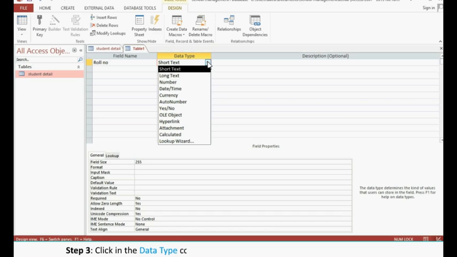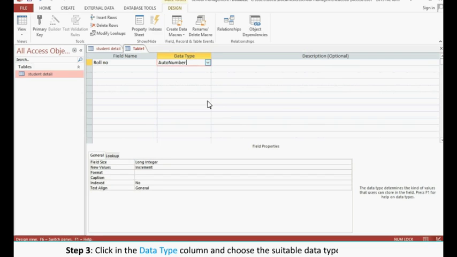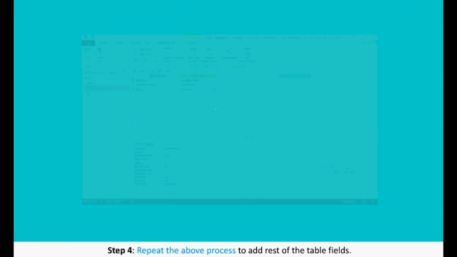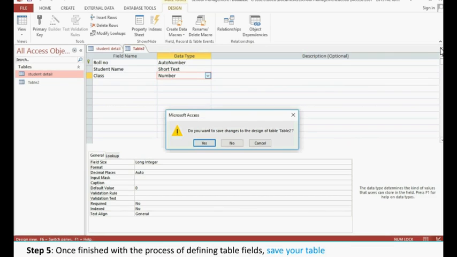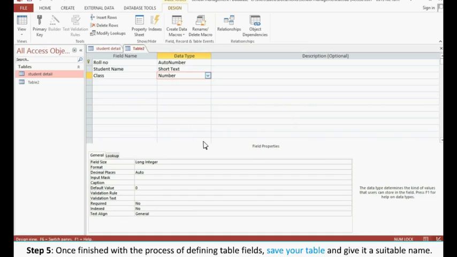Click in the Data Type column and choose the suitable data type for that field. Step 4. Repeat the above process to add the rest of the table fields. Step 5. Once finished with the process of defining table fields, save your table and give it a suitable name.